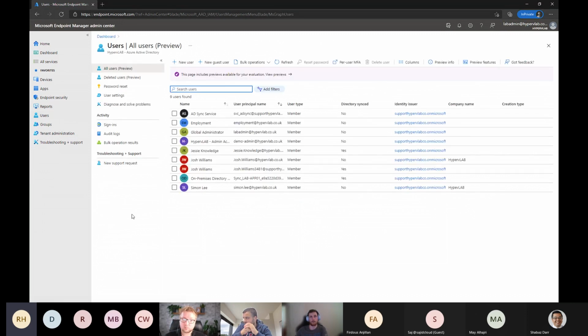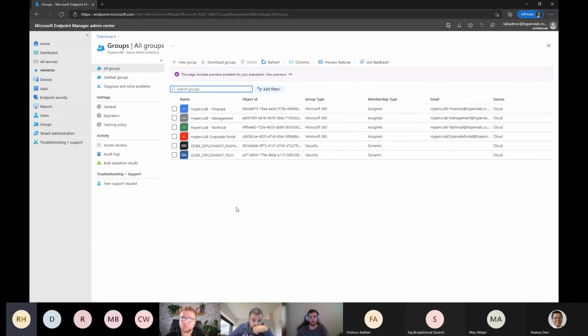And then this is just all the users that pull through, obviously from Azure Active Directory, and then you can just reset passwords from here. And then you've got groups for doing dynamic tagging and flagging. So I'm trying to play around with getting the out-of-box experience to work based on dynamic groups for users, which is still a bit of a work in progress and is a little bit hit and miss at the moment.